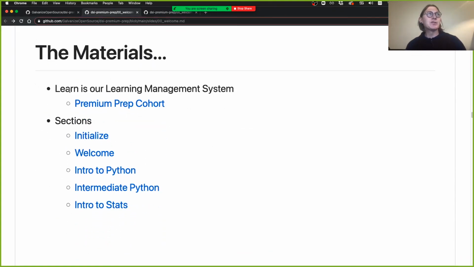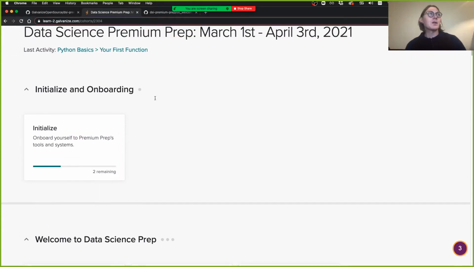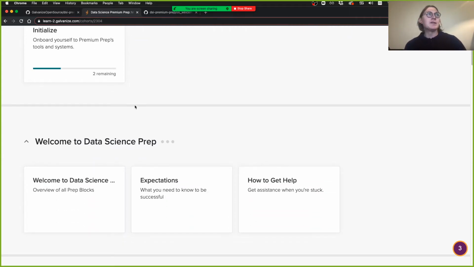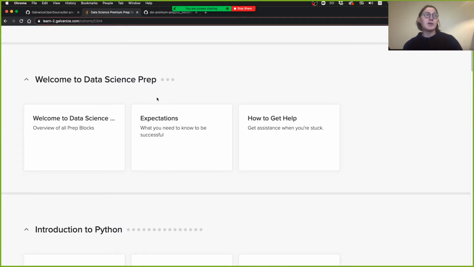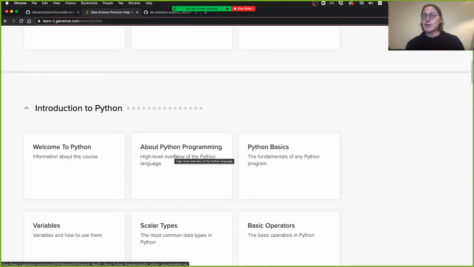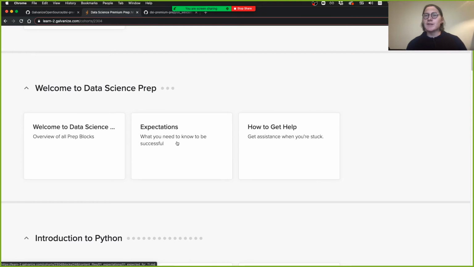I already talked about the materials a bit. Learn is our learning management system. We kind of looked at that. I'm just going to point you at the relevant sections. Hopefully this is the right cohort. We've got this initialized and onboarding section. I'm assuming most of you have gone through this, because of the welcome email that was sent out in the last few days. And then there's this Welcome to Data Science Prep section. I think if you're like me, you probably just skip over this and try to find the first materials where you can start writing code or learning the statistical concepts. But